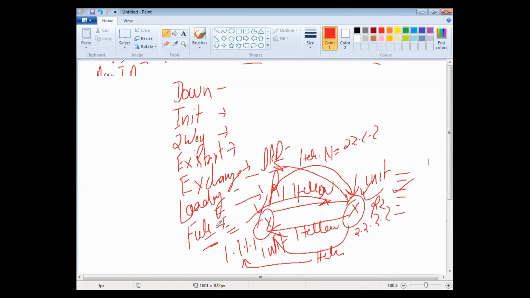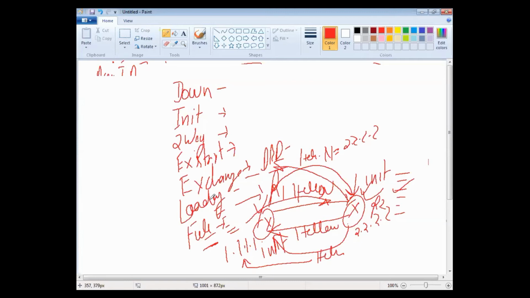Then again, the final state comes. It's the full stage. Finally, all routers are fully synchronized as per the topology table in the area, and they all have the identical topology table.